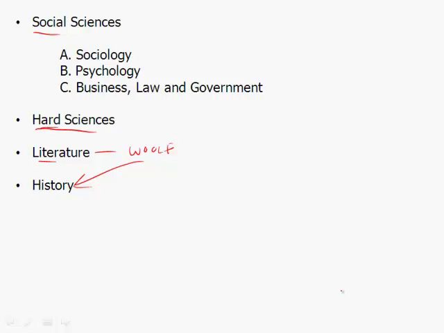Same goes for hard sciences. It's always going to be academic, and it's always going to be esoteric. So if you excel at hard sciences, or if maybe you majored in them, or maybe you majored in literature, you should do relatively well. Nonetheless, I would recommend that you get used to the GRE passage itself and see which one of these are your strengths, which one of these are your weaknesses.